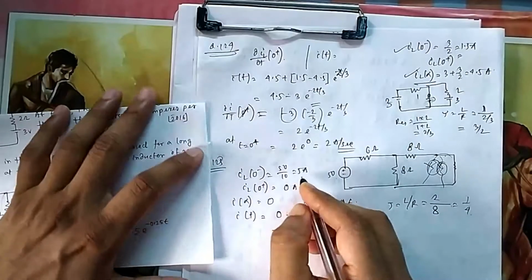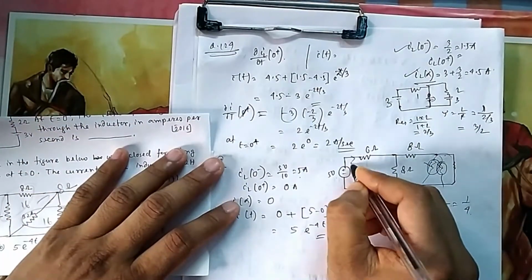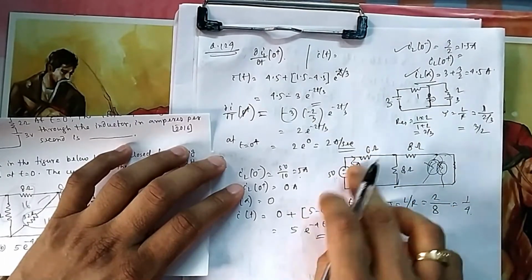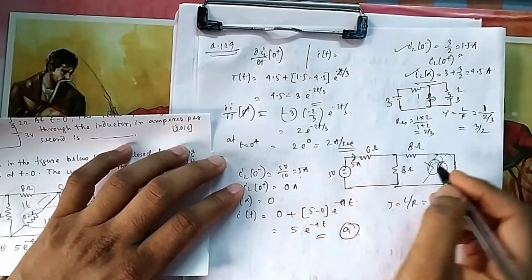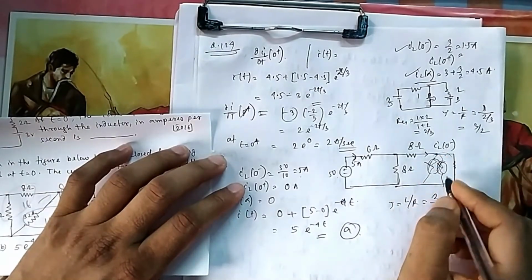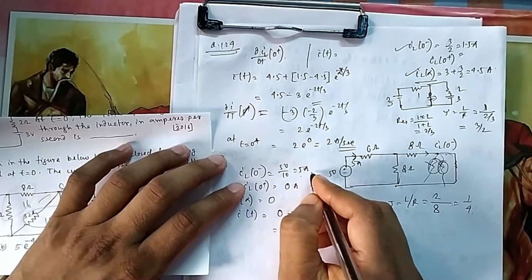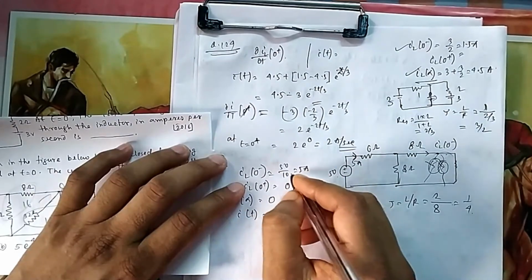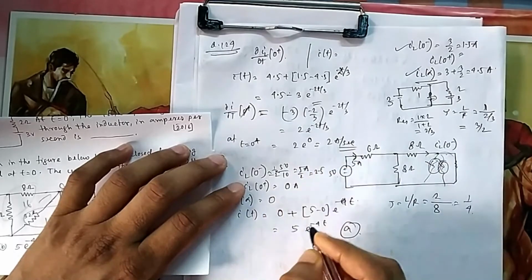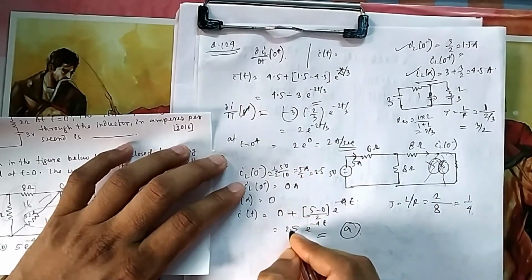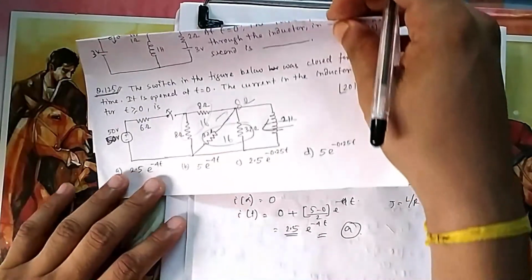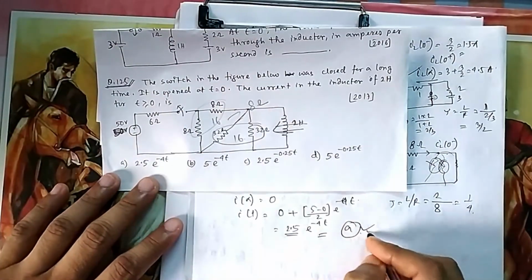One more thing, this is not 5 ampere actually. What this is, 5 ampere current, because 8 and 8 parallel 4, plus 6, 10. So 50 by 10 is 5 ampere. 5 ampere is the total current. You are asked to find this IL at 0 minus current. So this 5 ampere will get divided into 2. So your IL minus will be half of that one. That is 2.5. Sorry for this, make this correction. So this is 2.5 ampere. That's why it is not option B, it is option A, 2.5 ampere.